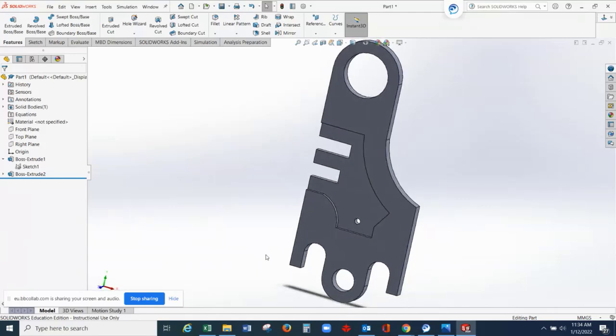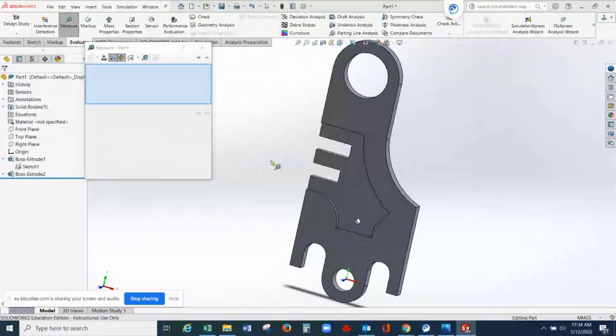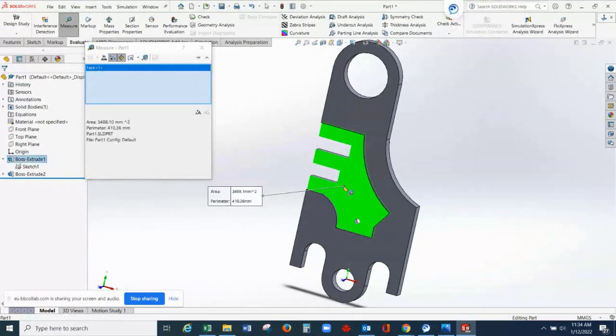Now on your coursework, on the BBLearn, time will be given. It will ask you what is the surface area. Either you need to type the correct surface area, or you need to select in the multiple choice question, whatever is given on the problem. So here, how to find the surface area. Go to evaluate, measure, select this region A. So the answer is 3488.1 or 0.10 millimeter squared, this green one. This is the answer.